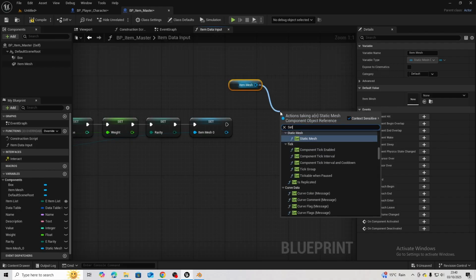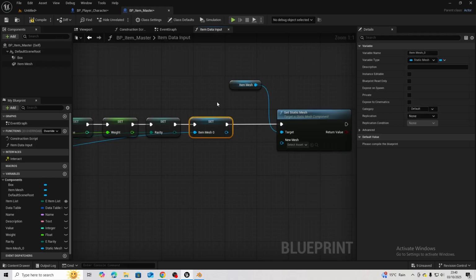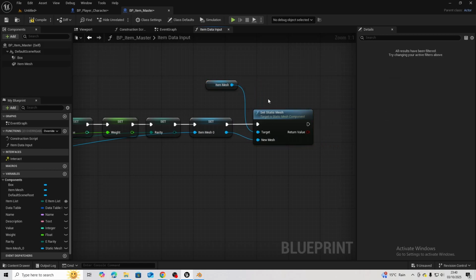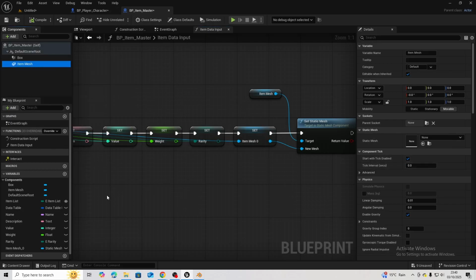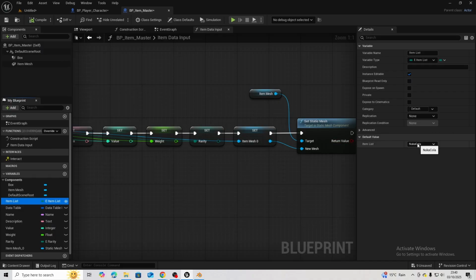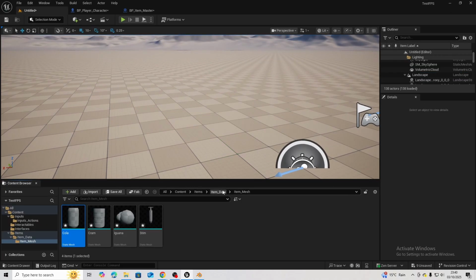I'm then going to do set static mesh, plug it into the end here, and then because my last variable is my mesh, I can plug that value into my new mesh. And so now every time we choose a different part or different row or different item, it'll change on the fly there and then, and all the data will carry over with it. So to give you an example of that, if we set my item list to Nuka-Cola as default, if I go into my game, let's get rid of the old one and drag in our new